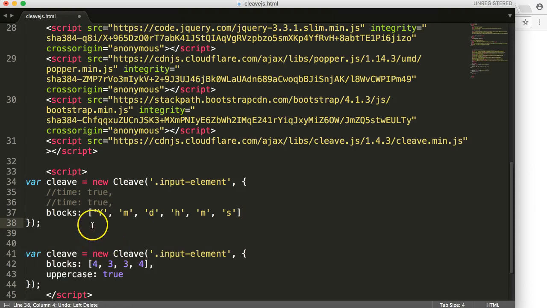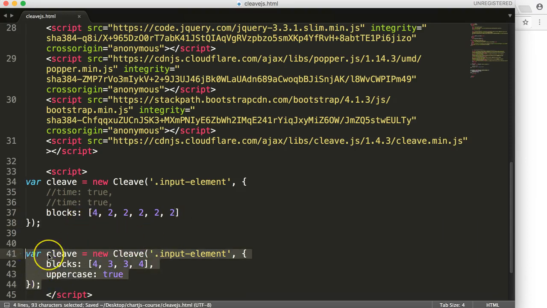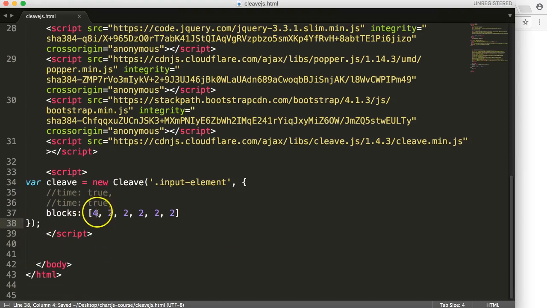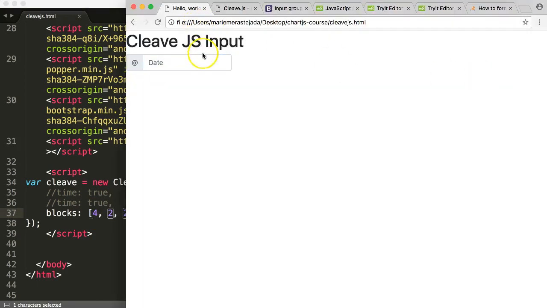So let's push it all back. You can see here blocks indicate. All right. So basically what you can do here is 4 since it's the year number, and then month is 2. And then we have days also 2, right? And then we have the hours. Hours is considered 2. Minute is considered 2. And we have here another 2. So let's save this and then remove this. Basically we're doing year, month, day, hour, minute, seconds. That's what we're doing. Let's refresh here, and now